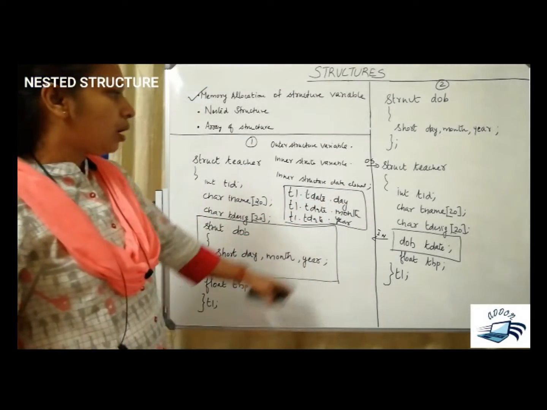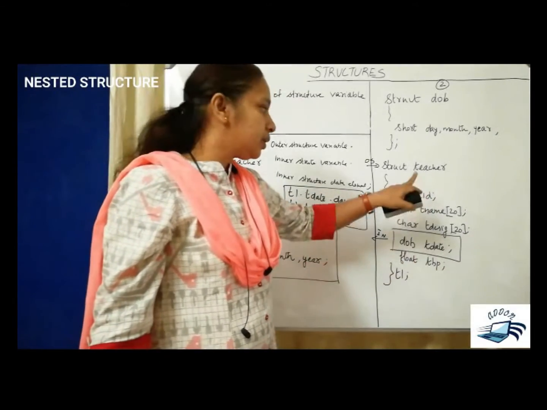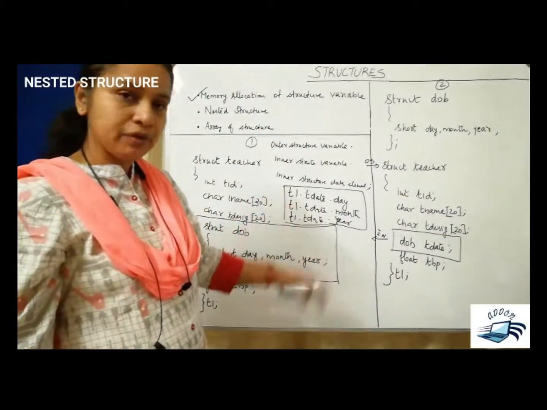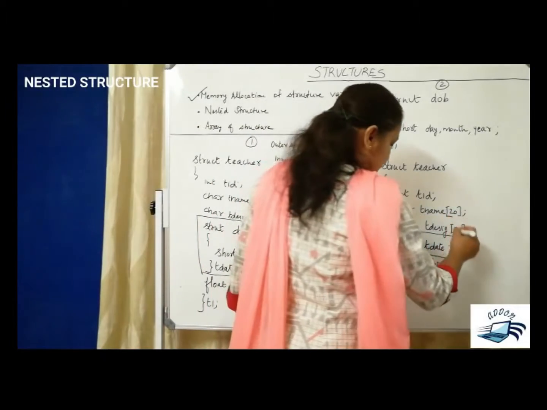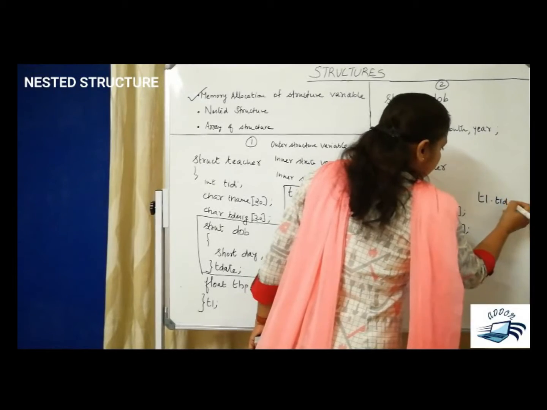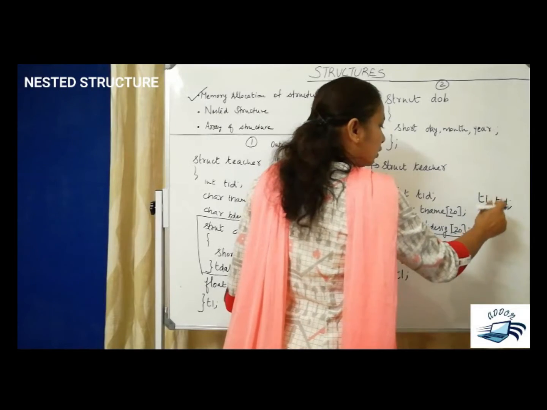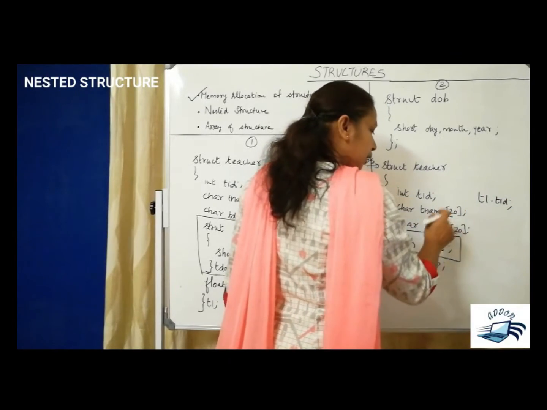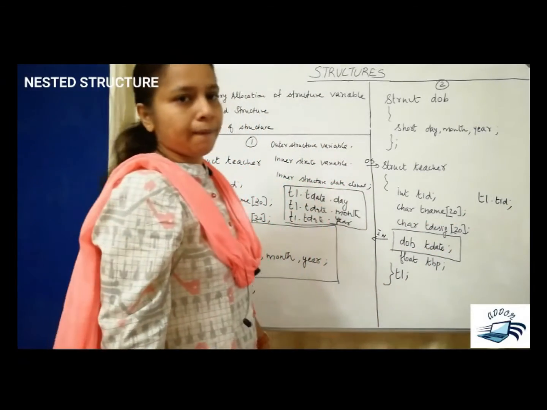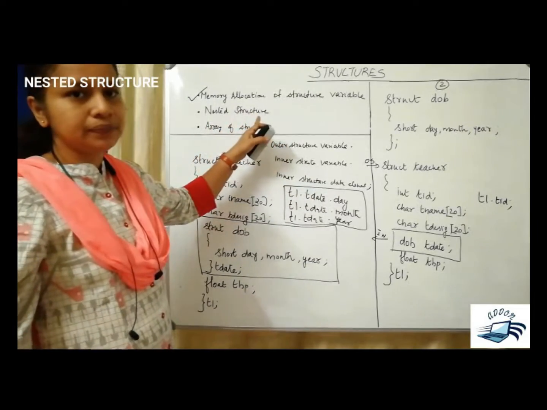Okay. Now, how can we access the data TID? Here there is no difference. TID can be accessed in the same way we discussed in the previous class, by giving T1 dot TID. Then TNAME is accessed by gets of T1 dot TNAME. In the similar way, gets of T1 dot TDESIG and so on. Hope all of you understood the nested structure.